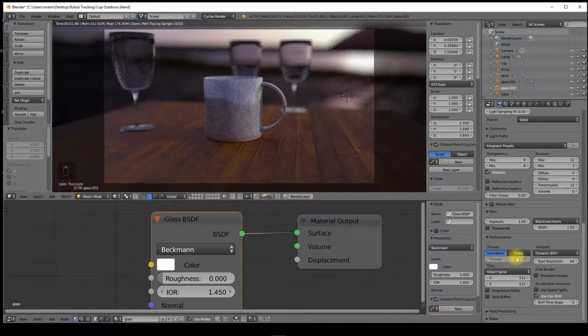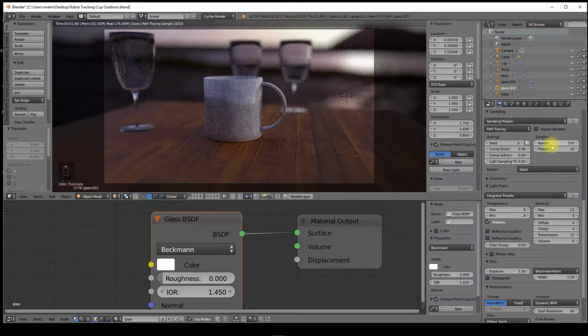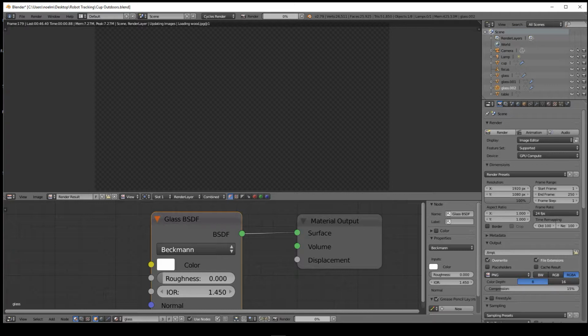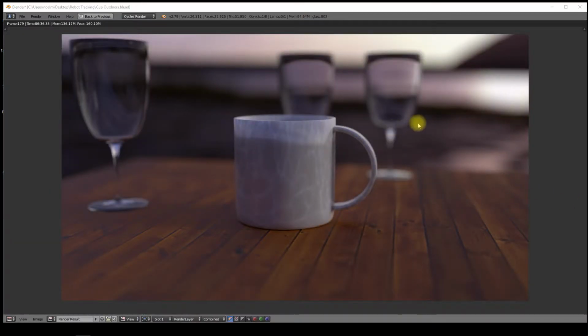and to reduce render times, we could also reduce the number of light paths and bounces that are used during the render. But what I'm going to do is pause this video, render this image, and then we'll have a look at the results. So off I go, render. Okay, so this took a little bit longer than I thought, 6 minutes 36 seconds,